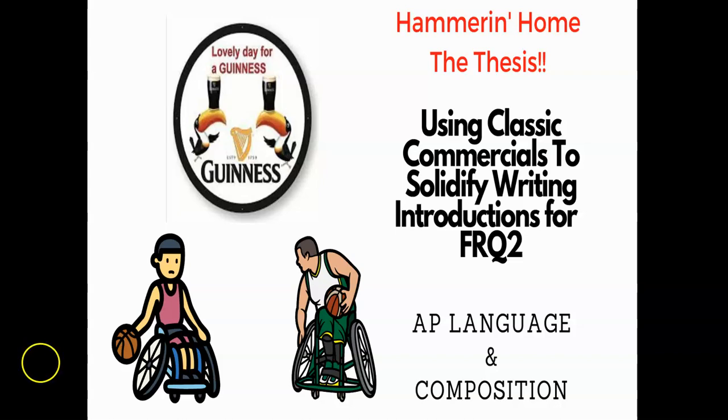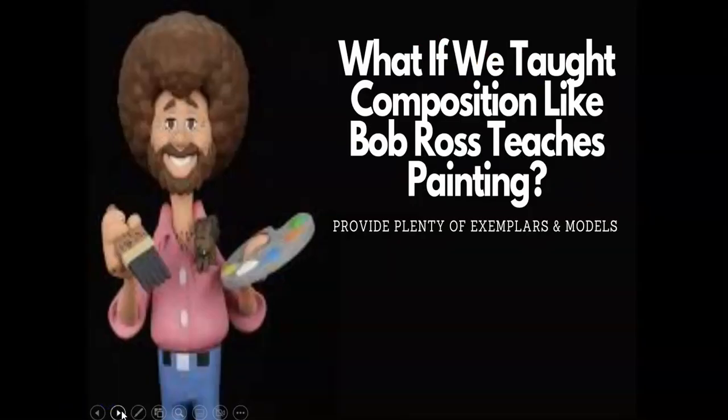And one of the things that I do a lot of to get my students to write at the caliber that you're going to see them do in just a second is I Bob Ross my instruction. One of my essential questions that I'm always spouting off to anybody who will listen, it's the title of my textbook: what if we taught composition like Bob Ross teaches painting? I think it changes the whole paradigm of ELA instruction, because what it means is this. The teacher has to position himself or herself as the expert writer in the classroom. They're at the proverbial easel and canvas painting with the student, demystifying the process for them.